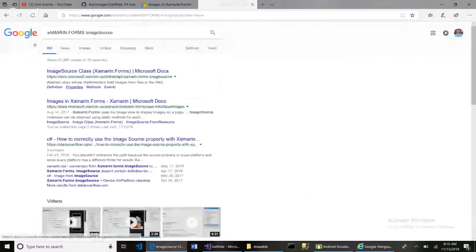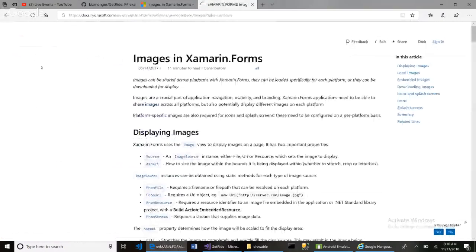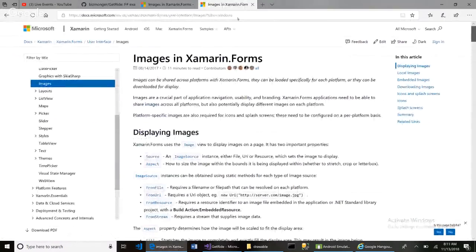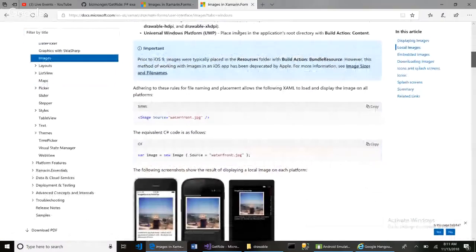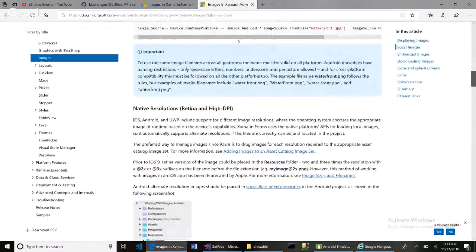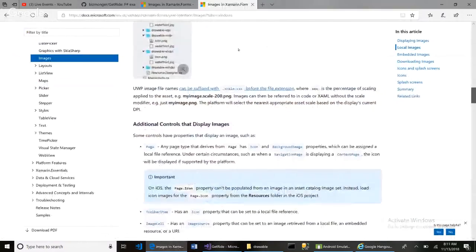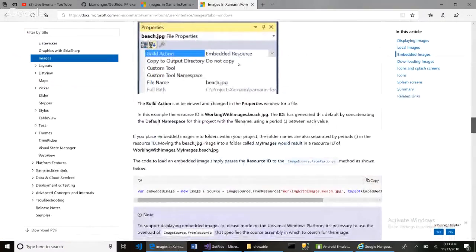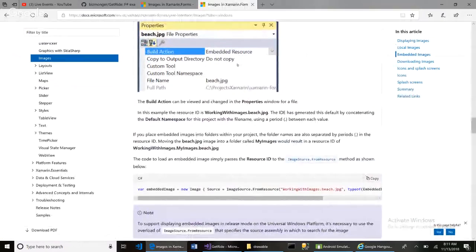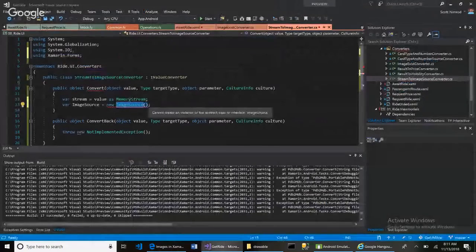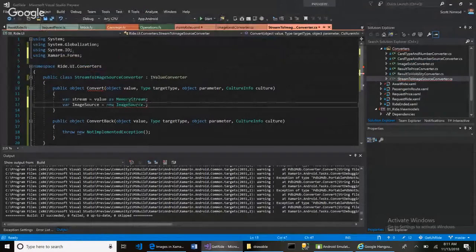And I'll go down here, come here, and over here, I need to go down, go down. There's an ImageSource.FromResource. But that's passing in a file. Like it's ImageSource.From, you gotta get rid of that new over here. So ImageSource dot